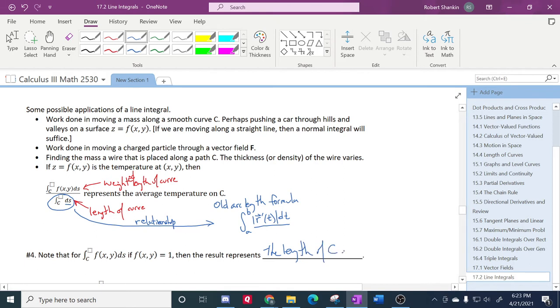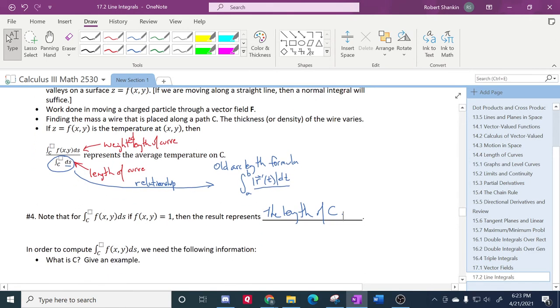It's the length of C again. And in order to compute the line integral,